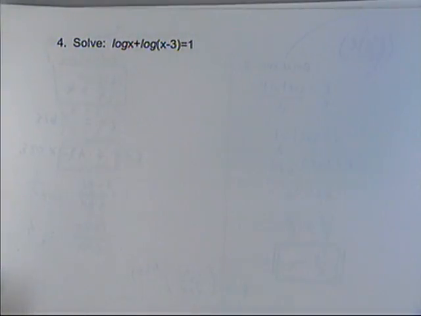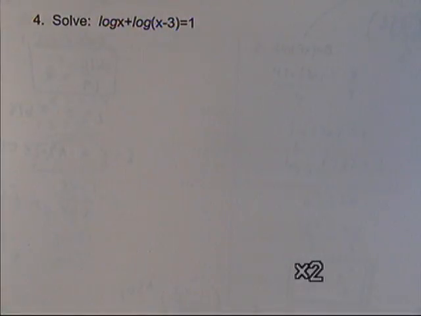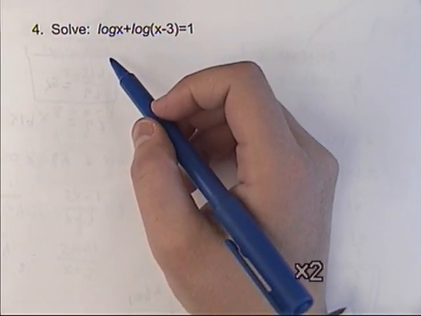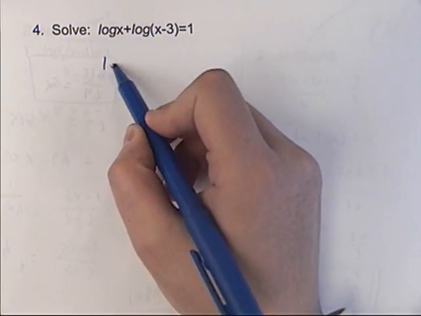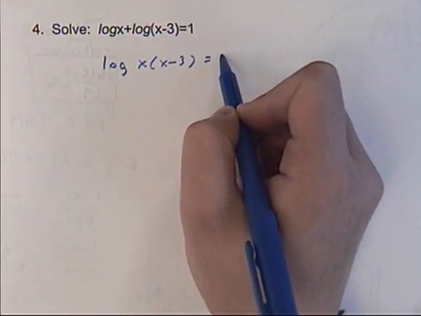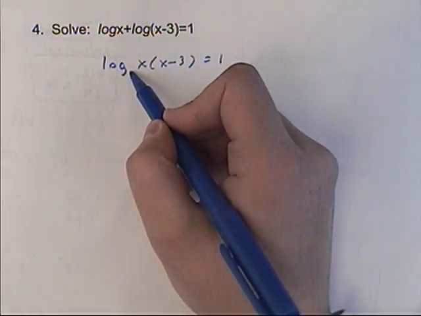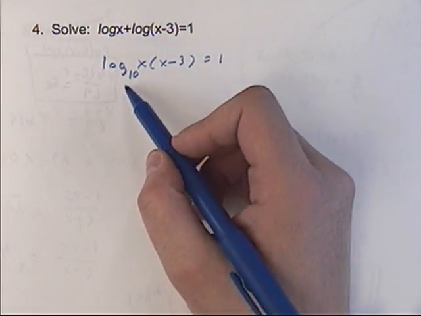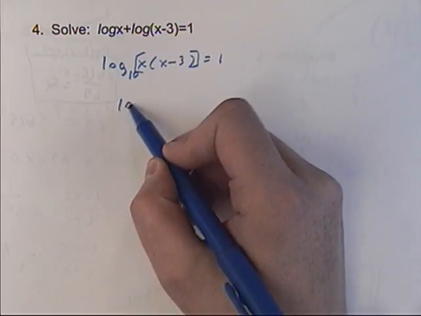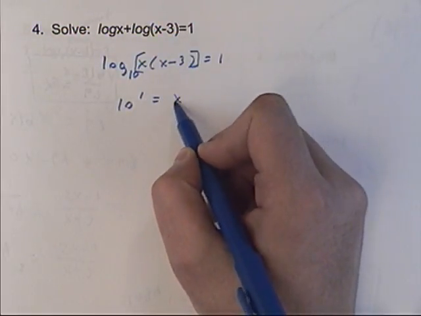Okay, number 4. Again, we can use our product rule. So we're going to take log of x times x minus 3 equals 1. When you don't have a base, we assume the base is 10. And then if I write this in exponential form, that would be 10 to the first equals x times x